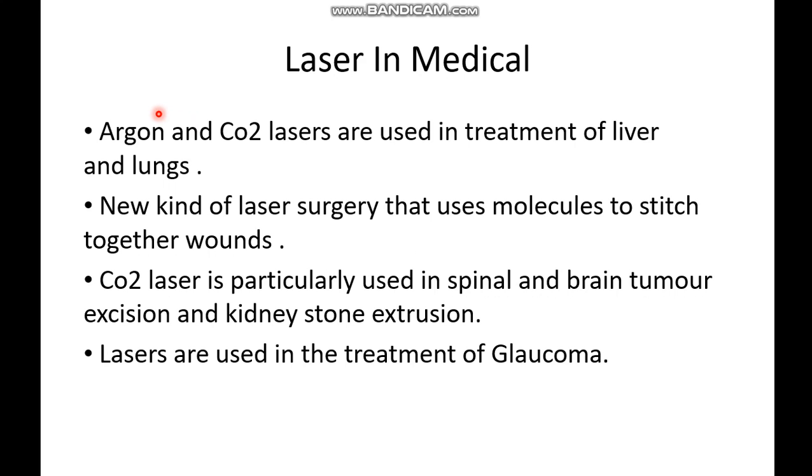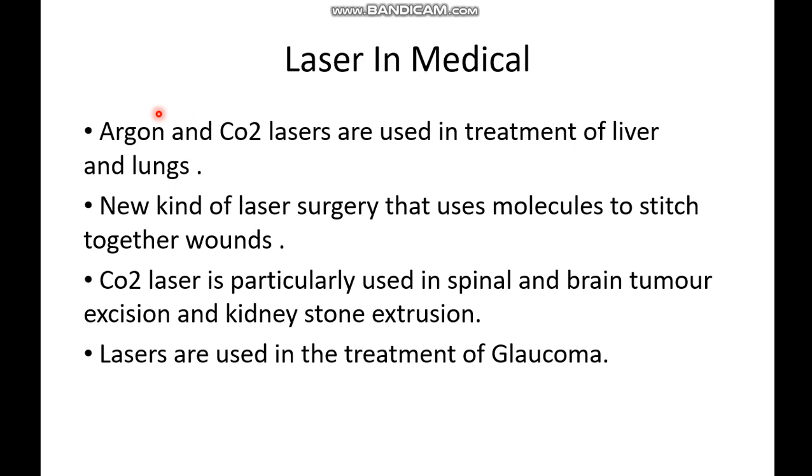But argon and CO2 lasers work on the frequencies of our inner organs. Our inner organs work on a frequency that cannot burn our skin. That's why these lasers can pass through the skin, and they can be used for the treatment of